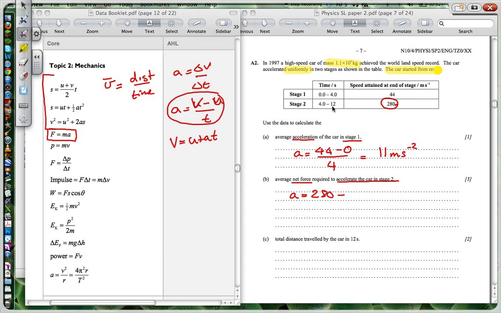Now we are in stage 2, our initial would actually be the 44, minus the 44, divided by this time here. So it's from 4 to 12, so it's going to be 8 seconds. So we can calculate that. We're going to get 280 minus 44 divided by 8, and you get